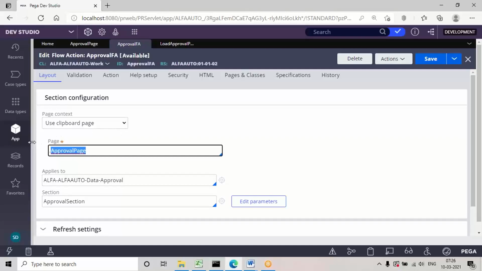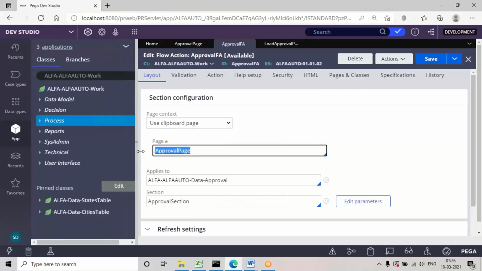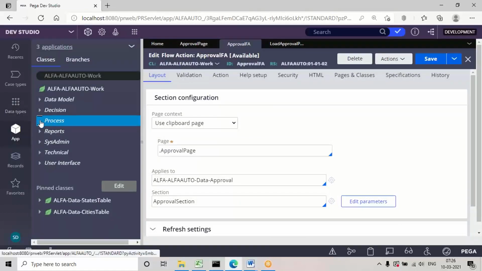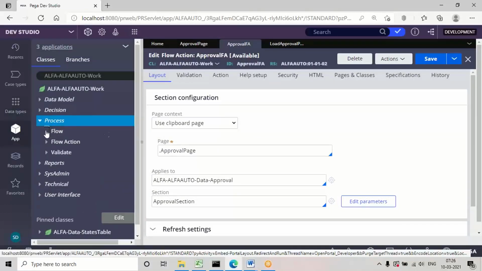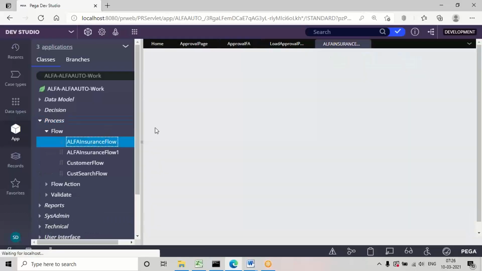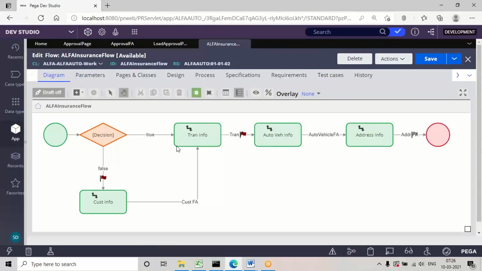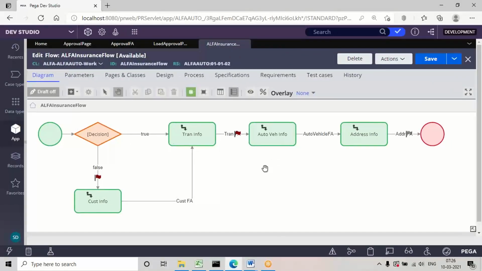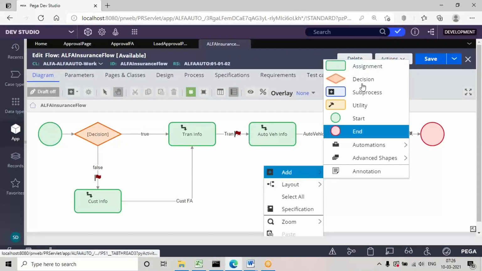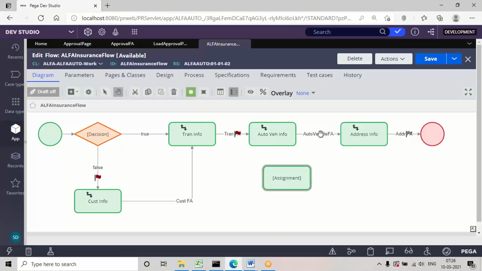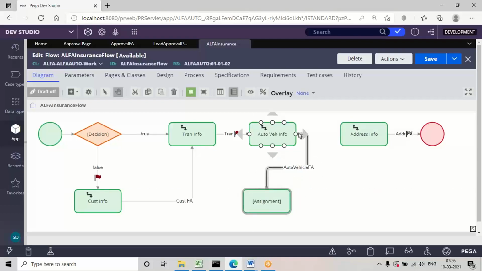Now the next step is open your insurance flow. Under the insurance flow, after the vehicle details, I'm going to add a new assignment.